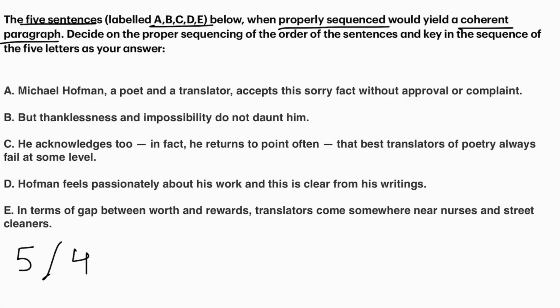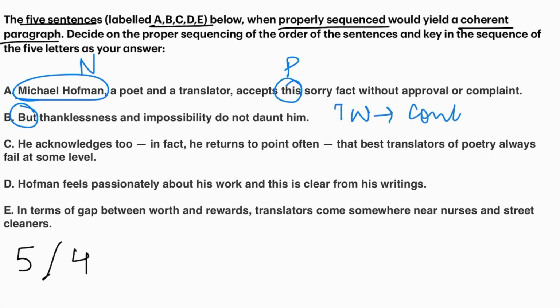Now, starting with sentence A: Michael Hoffman, a poet and a translator, accepts this sorry fact without approval or complaint. Now I see 2 major keywords here. First is a noun and the second one is a pronoun. Okay. Sentence B: but thanklessness and impossibility do not daunt him. Now, "but" is a transition word that shows contrast to me. Right? Okay. Sentence C: he acknowledges to. Now we don't know who he is, so this cannot open a paragraph